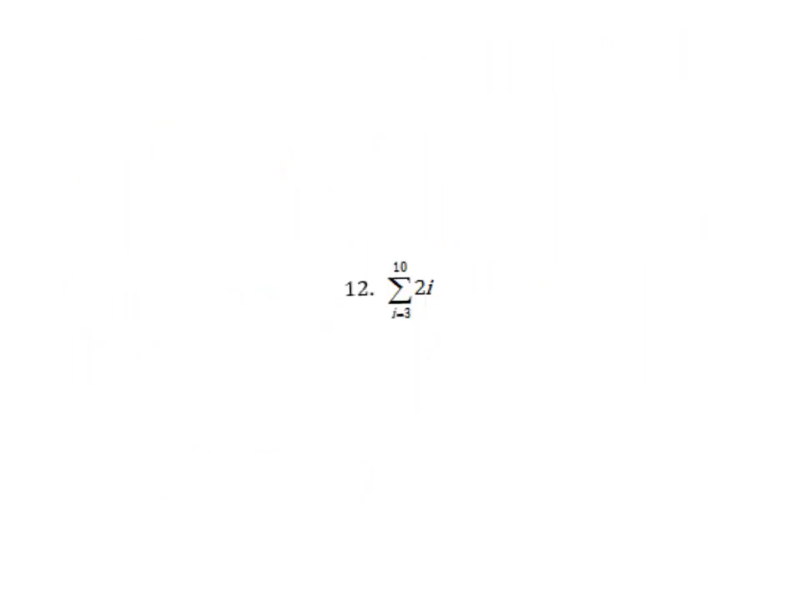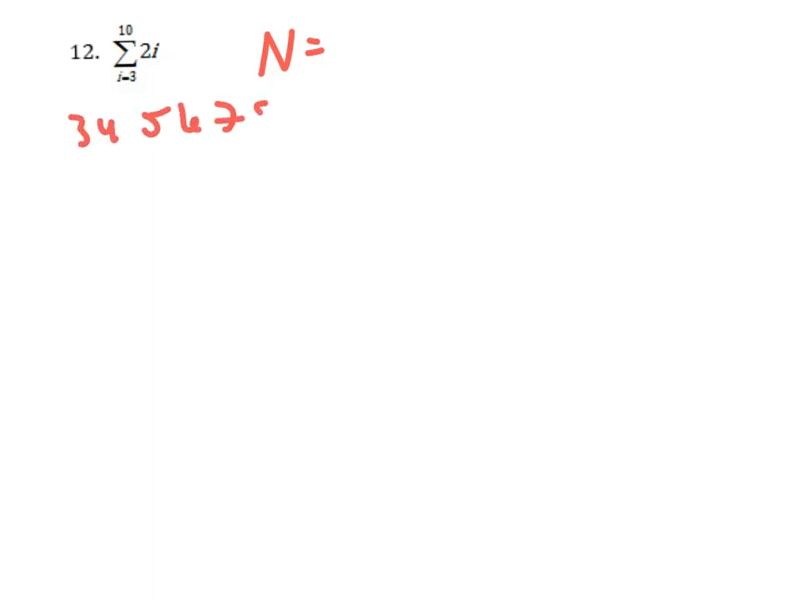Let's move this. Number 12. My number of terms, if I go from 3 to 10, so that's 3, 4, 5, 6, 7, 8, 9, 10. If you count, that's 8 numbers, not 7. You don't want to do 10 minus 3. It's 10 minus 3 plus 1. The only time that it's going to be 10 numbers is if this starts with a 1. If it starts with anything else, you're going to have to subtract the top minus the bottom plus 1. So that is